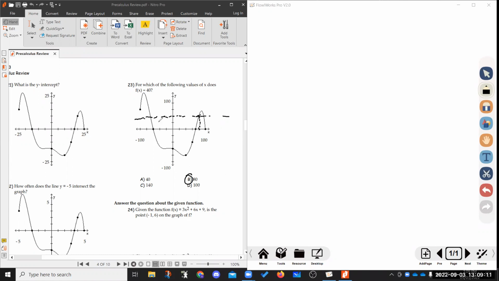We would think that it's also somewhere over here between -60 and -80, but that's not an option. So 80 is the only ordered pair that we see. There's somewhere else over here that is between 80 and 100, maybe 90, but that's not an option either. So